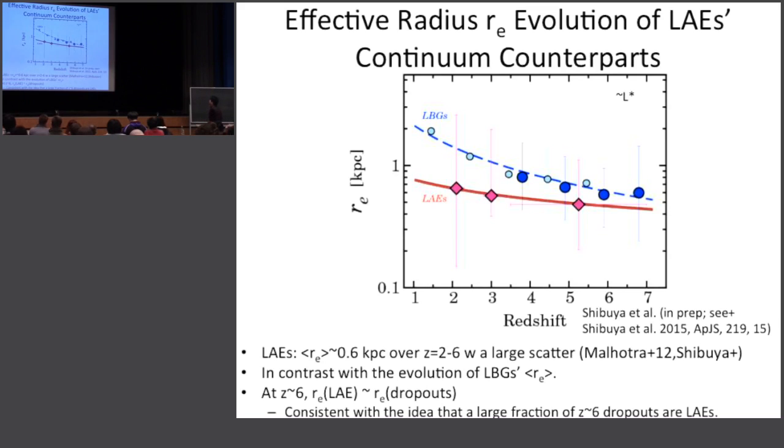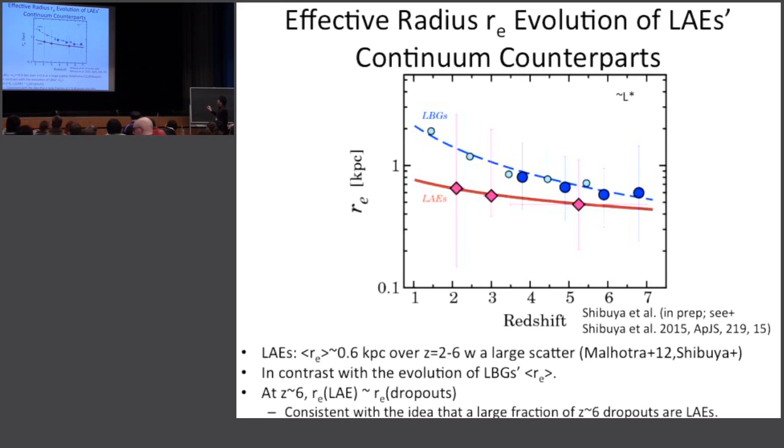So this is the effective radius of the Lyman-alpha emitters, compared with those of the Lyman break galaxies. Although the Lyman-alpha emitters show a pretty large diversity of size, as shown with the error bars,